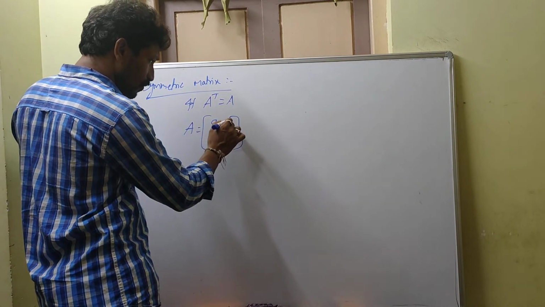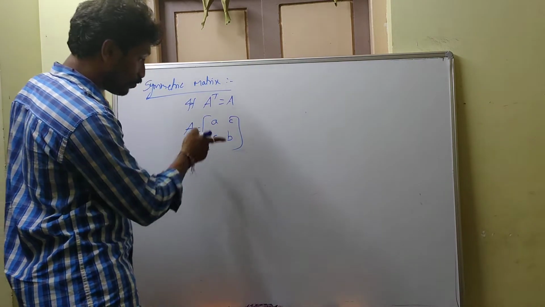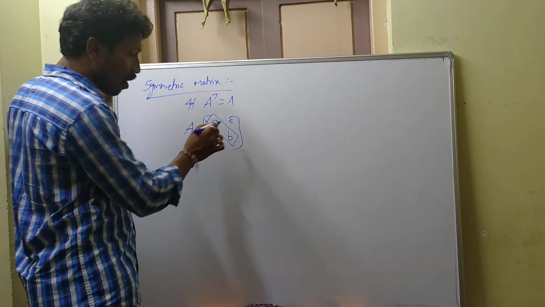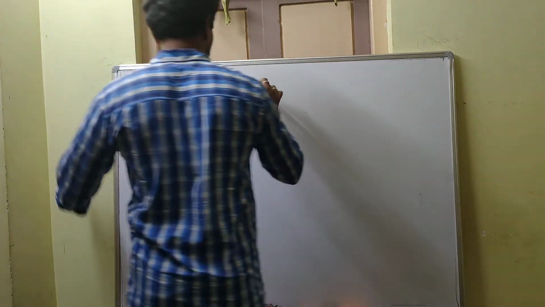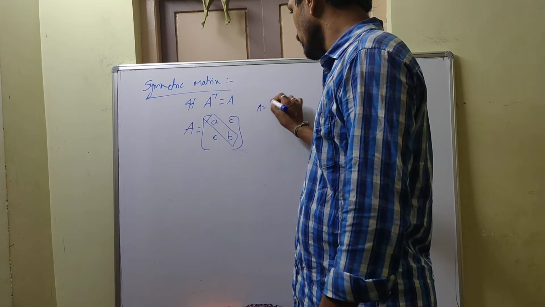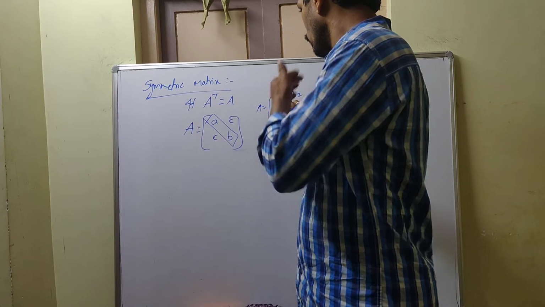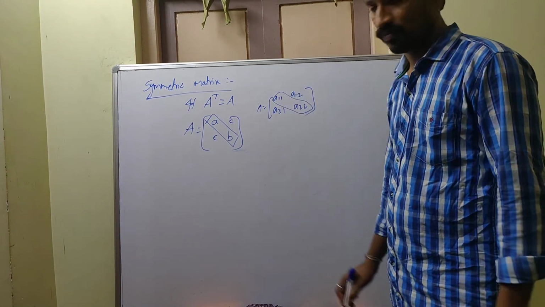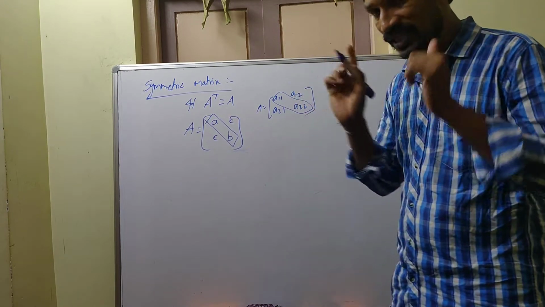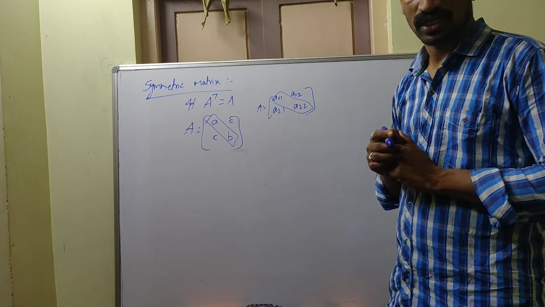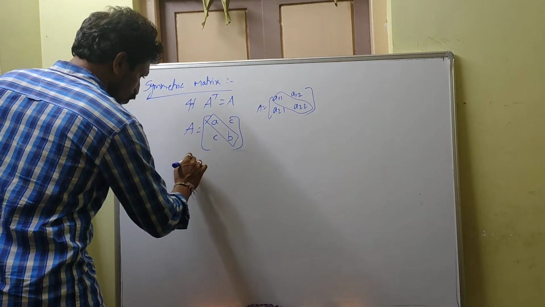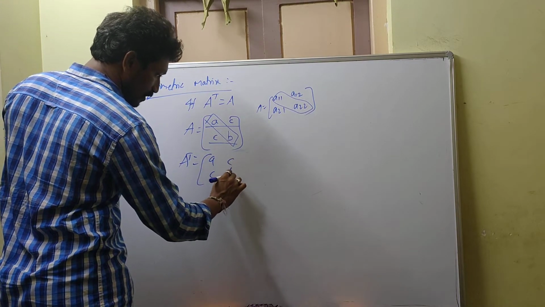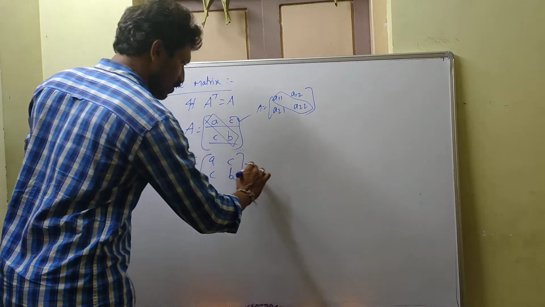The diagonal elements can be anything you take, no problem. But the two non-diagonal positions matter. Let us take a 2 by 2 matrix A equal to A11, A12, A21, A22. These two diagonal entries you can take as any number, no problem, but the 2,1 and 1,2 entries should be the same number. Then only it is a symmetric matrix. Take A transpose: row as column, and the second row as second column. You get the same matrix, so it is equal to A. It is a symmetric matrix.